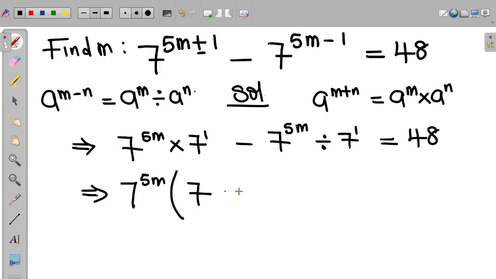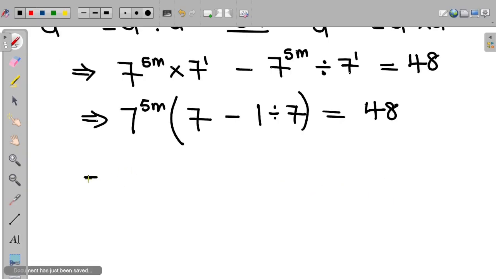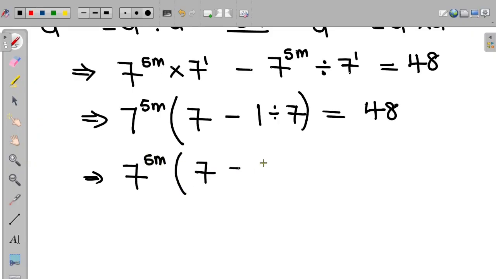I will have minus 1 divided by 7 equal to 48. Now this becomes 7 to the power of 5m, open your bracket, 7 minus 1 divided by 7